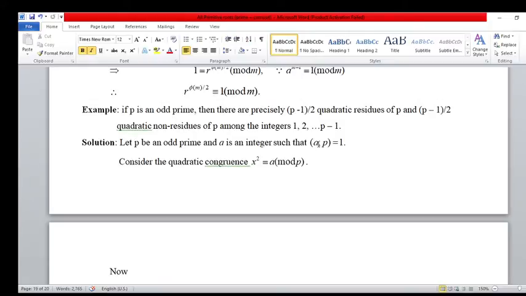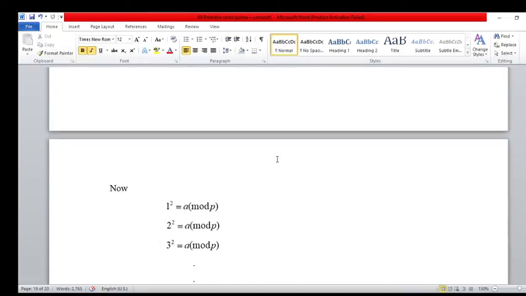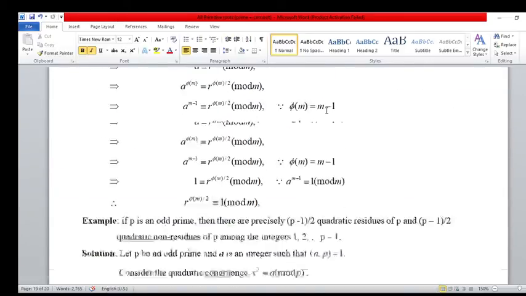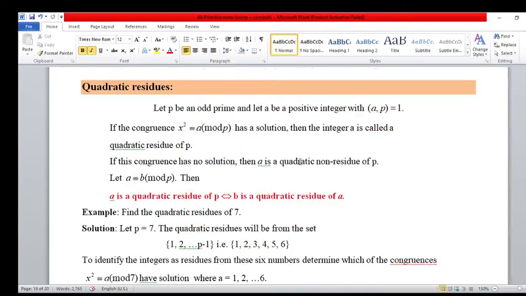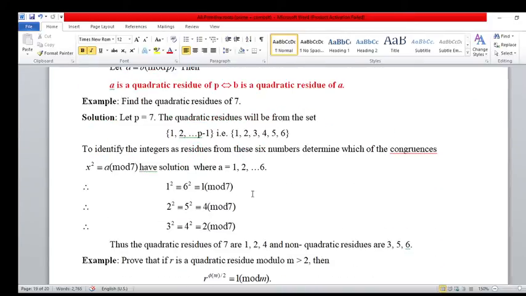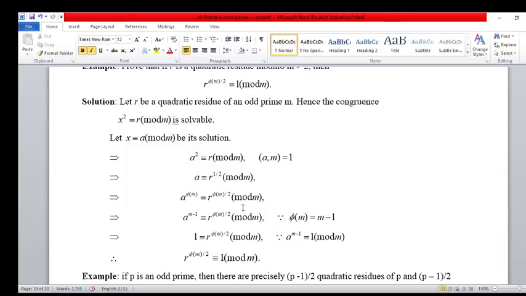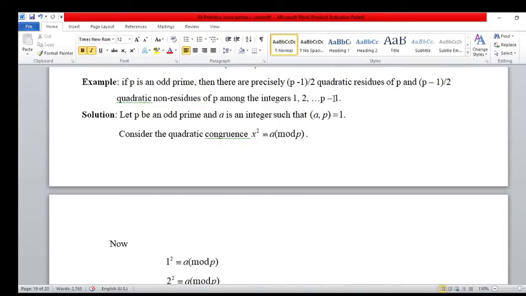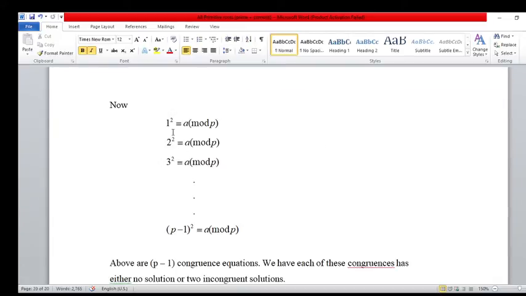Now the solution. p is given, and a and p are relatively prime. This is the quadratic congruence. Now we arrange the elements 1, 2, 3, 4, 5 up to p minus 1 as in the previous example. Here we have already arranged the 6 elements in this form. So this time we arrange again the elements 1, 2, 3, 4, 5 up to p minus 1 in the form